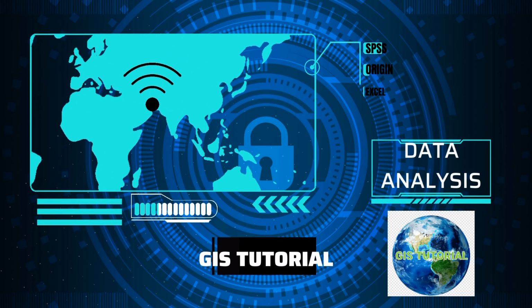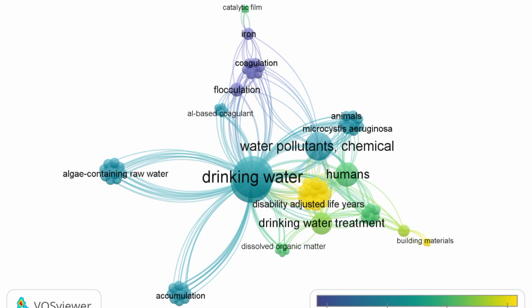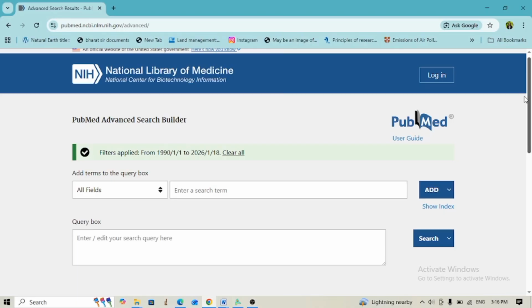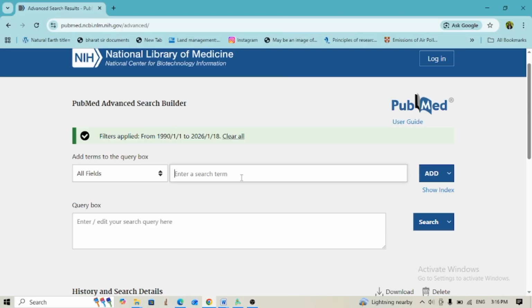Today I'll show you how you can make the bibliometric map, as shown in the video, with VosViewer. For this you can extract the data from different databases like PubMed, Scopus, Web of Science. Today I'll show you how you can extract the data from PubMed. So you can search PubMed and you will see this